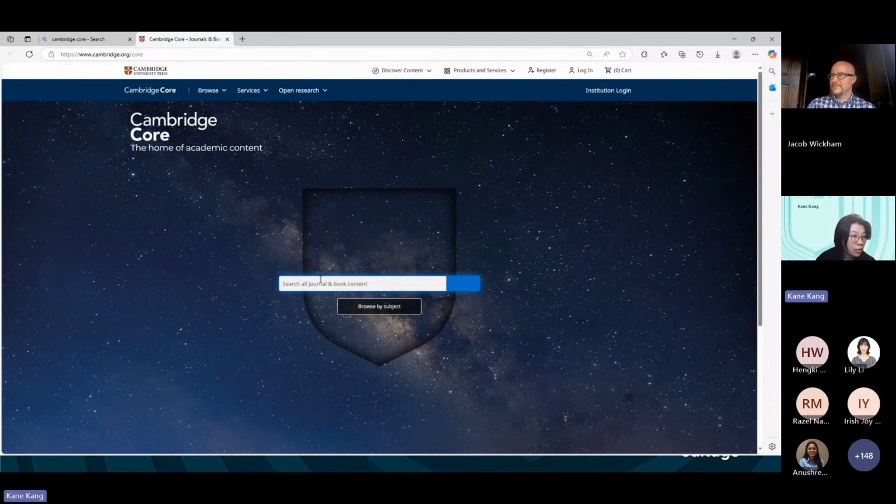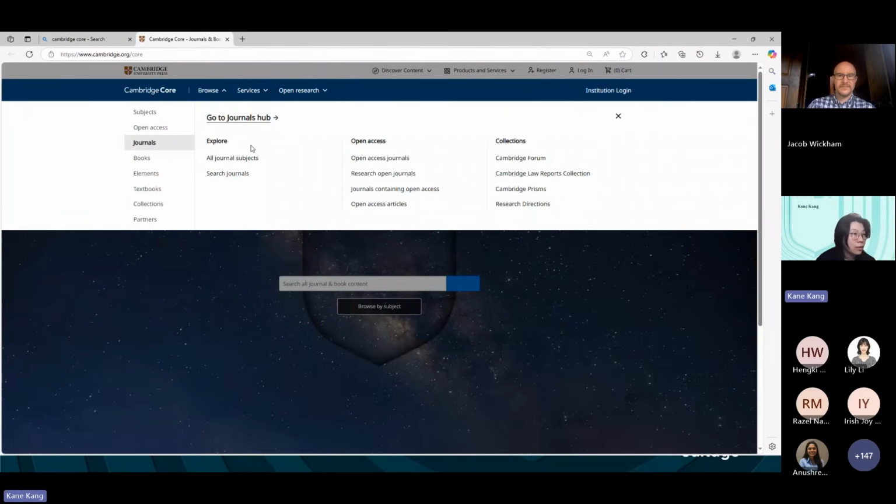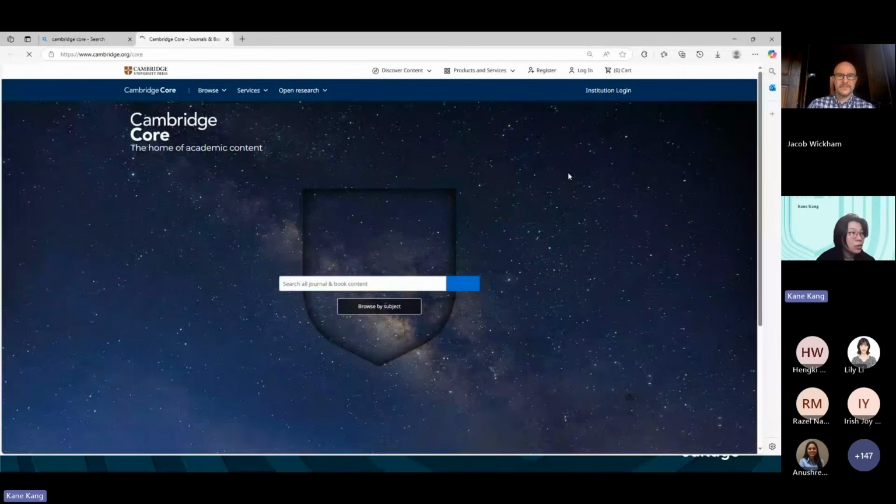And also you can check here, search all journals, books, content, put your research area there. Let me show this. I will just click all journals.